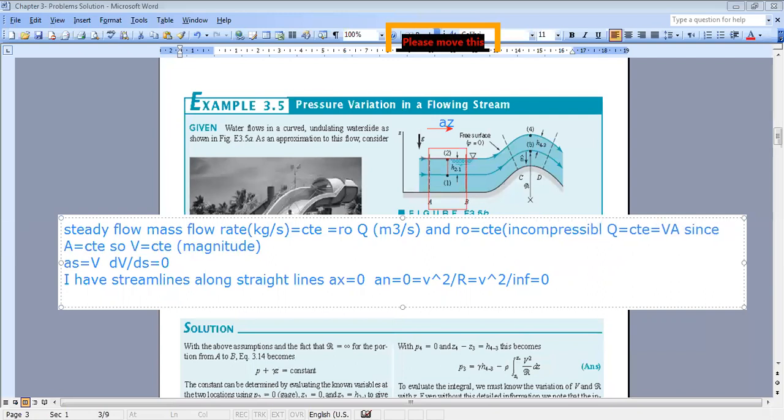So then I can say that my Q is constant. What is Q? Q is the volumetric flow rate. The unit is meter cube per second. How to calculate the volumetric flow rate? It's the velocity times the area. V is in meter per second, and A is in meter square. So you will get the unit of Q, which is meter cube per second. Now the volumetric